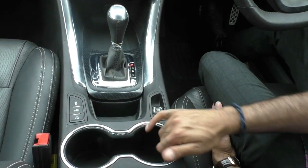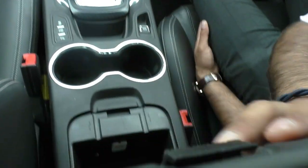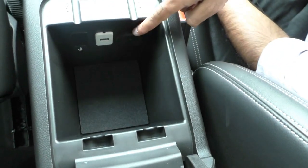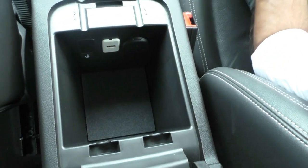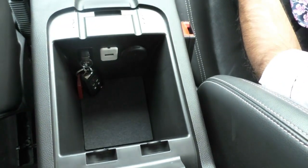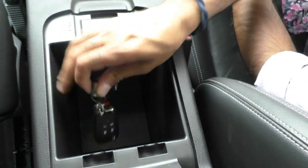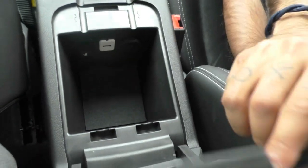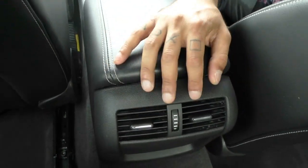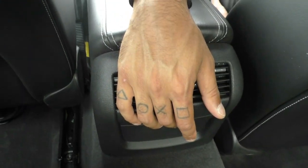You've also got your parking sensors, 2 nicely sized cup holders, and in that center console there, you've got your USB input and 12-volt socket, and say your key battery goes dead, that little slot there, you can just stick your key in that slot and still start your car. Now, you do get 2 factory keys with this, which is going to save you a fair bit of money down the track. Behind the center console, you've got your center air conditioning, and if we pan around the interior,